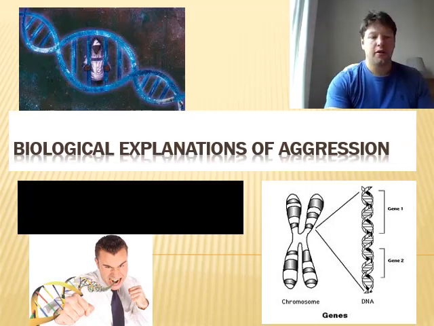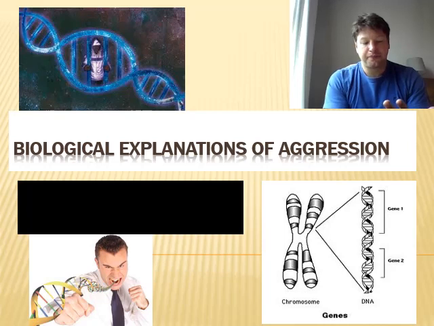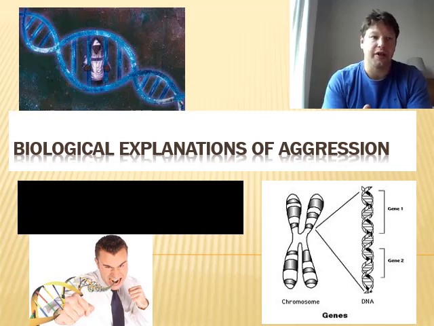Okay, welcome to the biological explanations of aggression. It's very different. Complicated is the wrong word, but there are some new terms that you may not have come across with regards to the kind of genes and things that you need to know. There's quite a few bits of evidence. Try and get everything down, try and understand it all, and then when we're planning and looking at how to use these things, if you really think you've got too much evidence, you can scratch some of it if you didn't understand it, or whatever it may be.